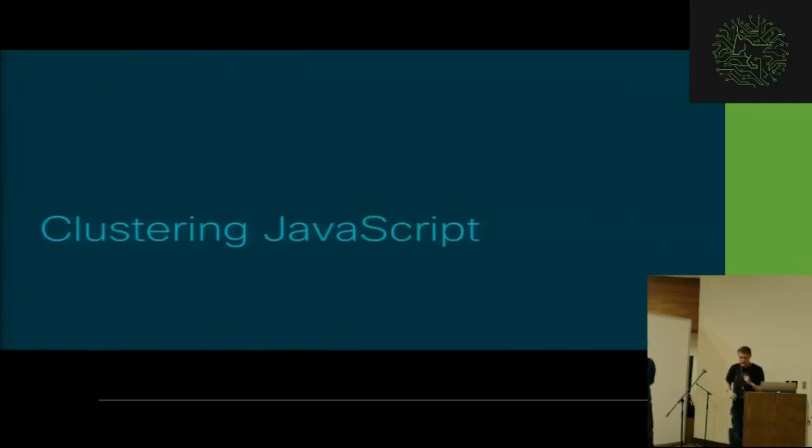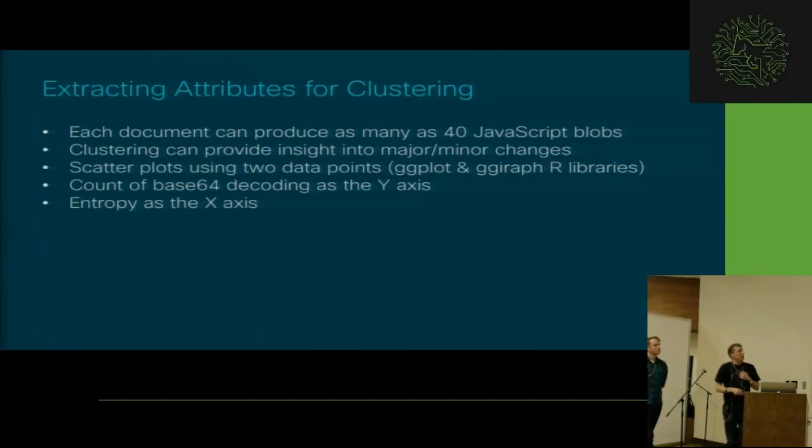So now, as I said, we had 40 some odd JavaScript files from a single document. That's a lot to process and go through manually, and of course I'm lazy and a programmer, so I was like, okay, I'm going to write code to do this for me. So essentially, if we wanted to cluster this JavaScript, we have to extract certain features, okay? So for extracting attributes from the document, we have, like I said, 40 some odd files, and I wanted something simple, so I used a scatter plot. Okay, so within the scatter plot, I used R.